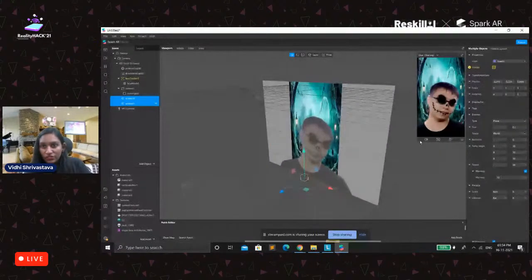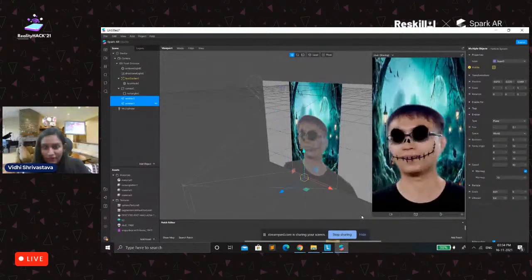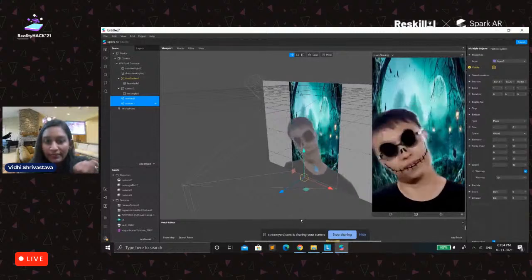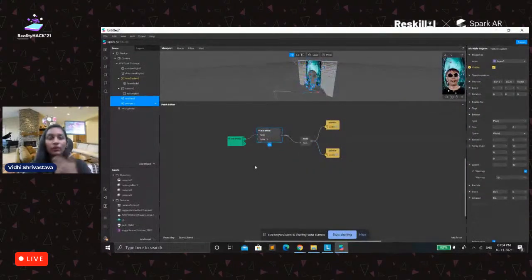Now as soon as the user smiles, you will see the particles. That's how you can make the effect quite interactive the way you want.